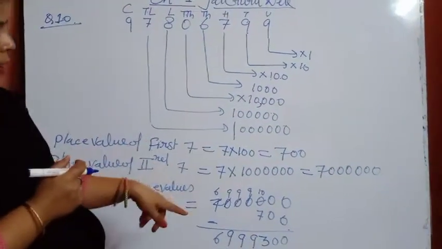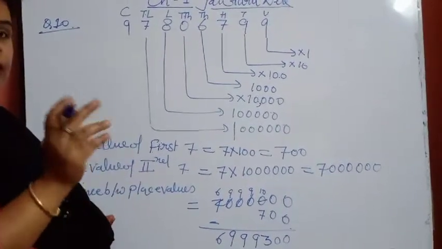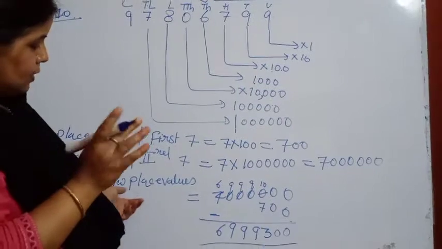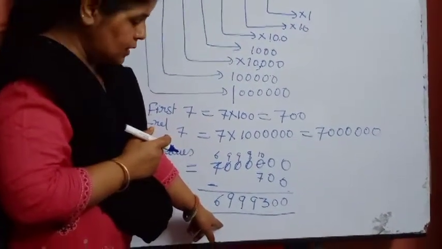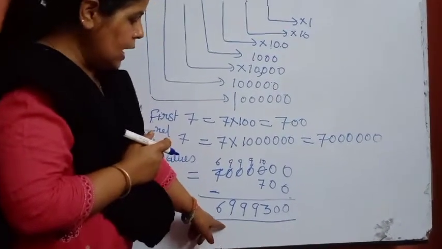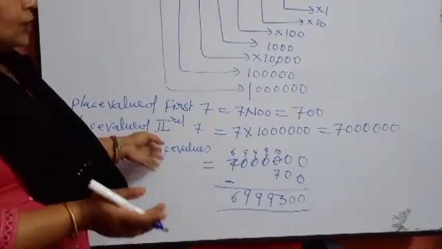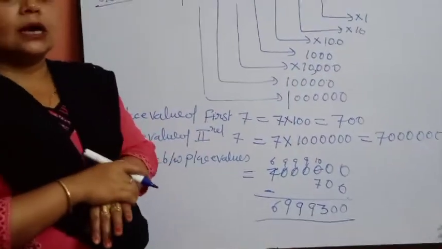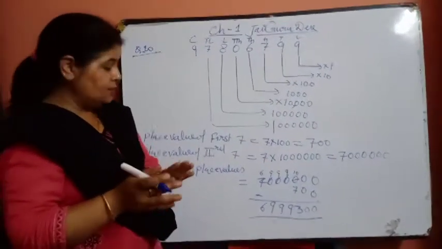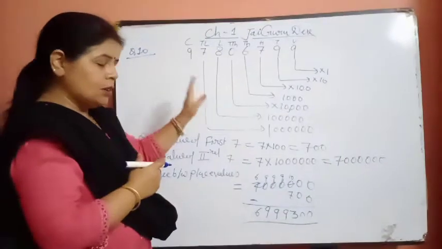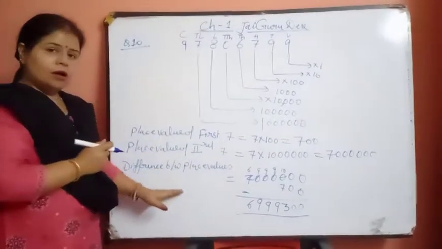Then we have to find their difference, and for difference you already know what we are doing. We are doing greatest value minus smallest value, because subtraction all of you know. And if you are poor at it, then this is a very good time to learn all these arithmetic operations: addition, subtraction, multiplication, division. It is a very good time for you to learn all these operations at your home also. Otherwise, everybody should know subtraction.